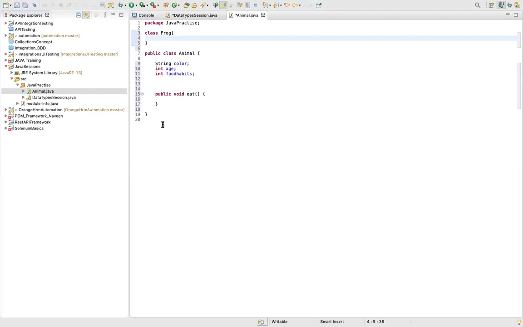If you have multiple classes in the same file, going forward it would be difficult in terms of management. But since we are only practicing, we'll use multiple classes in the same file so that it's on one screen itself.